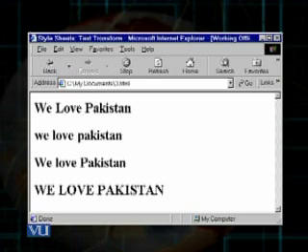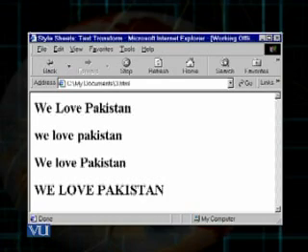Then in the second line, we love Pakistan, there is the value of the text transform property called lowercase, which was used here, and it resulted in the transformation of all this sentence into lowercase. So we love Pakistan, each letter is in lowercase. Then in the third line, we love Pakistan, there is no effect because text transform value is none.